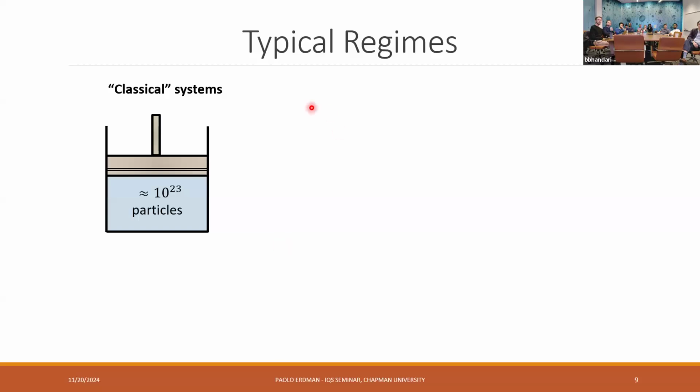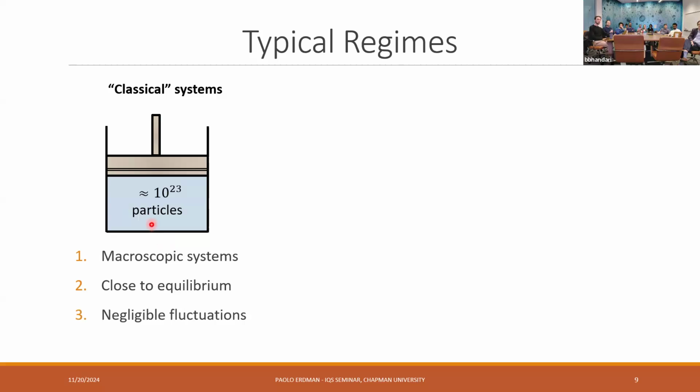And the main difference, I would say, is the regime in which we're operating. So classically here, you would have something like a macroscopic system with an Avogadro number of particles. So the state of the particles will always be close to equilibrium. You don't have to solve the dynamics of every particle, but you can describe it in terms of pressure, temperature, volume. And typically, you would have small fluctuations in the quantities.